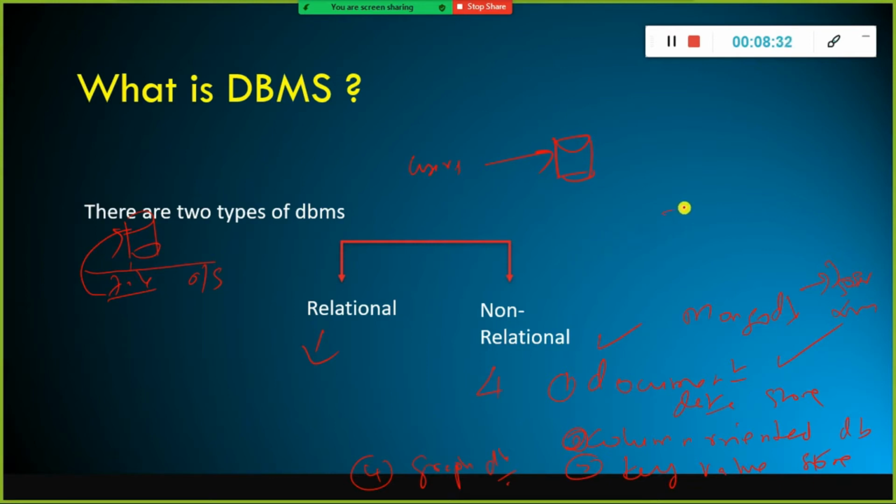Instead of storing the data row wise, they store the data in columns. When it comes to NoSQL database, you don't have to create the relationship between the tables. As far as NoSQL database is concerned, if you perform joins on more tables, it will have an impact on your performance. It will slow down your performance. You cannot retrieve the data in a much faster way, especially nowadays when we are dealing with petabytes and above volume of data. So in that case, NoSQL database is very much handy. That's why customers go for NoSQL database.